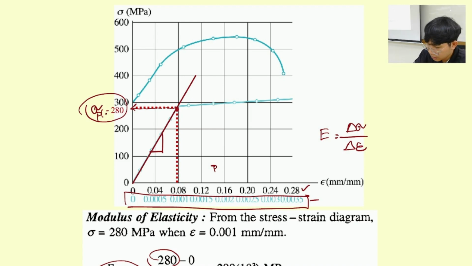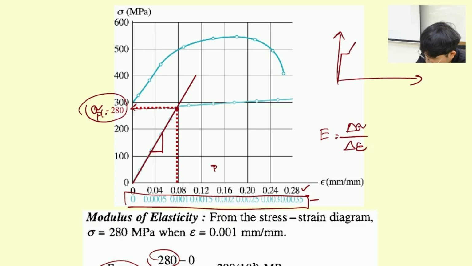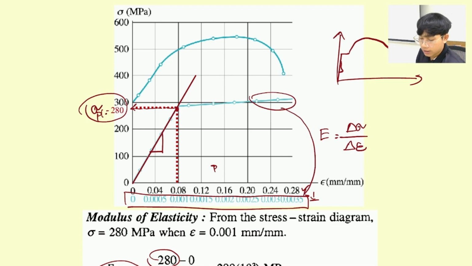Basically, if I draw this curve in one scale, like in the big scale over here, it's going to be really small like this, like this, and like this. So it's really hard to get the point this way. That's why it's separated into the lower scale over here. Okay, lower curve for the lower scale. In the examination, please do not put this one, otherwise you're going to mess everything up. Okay,